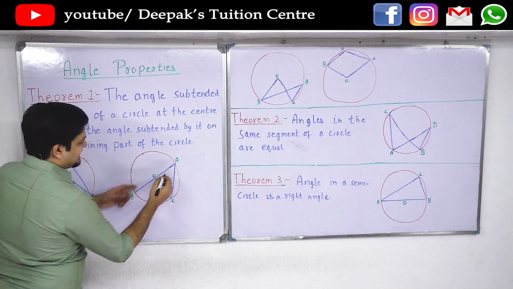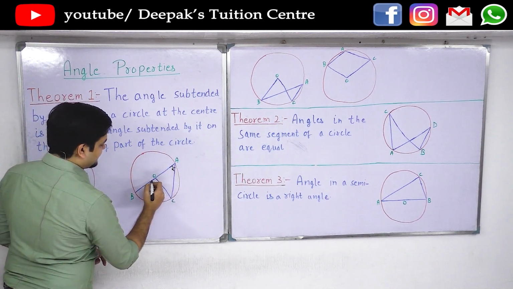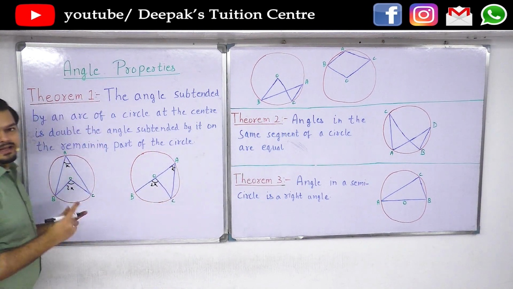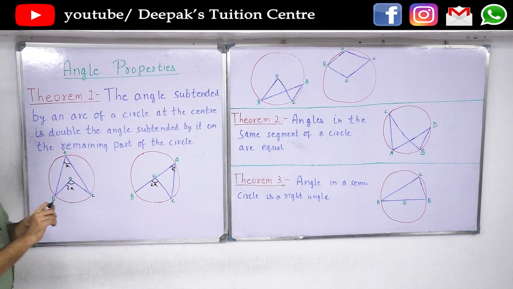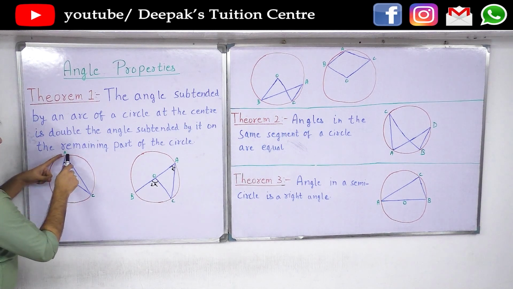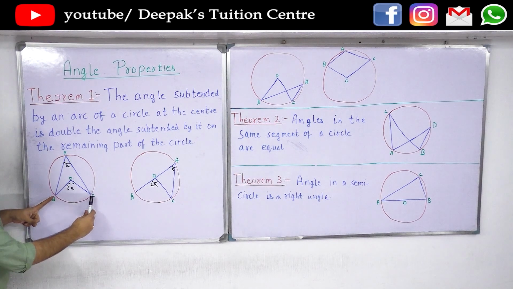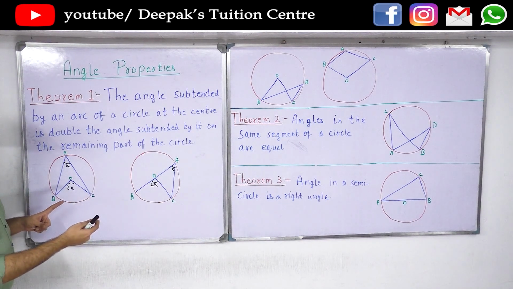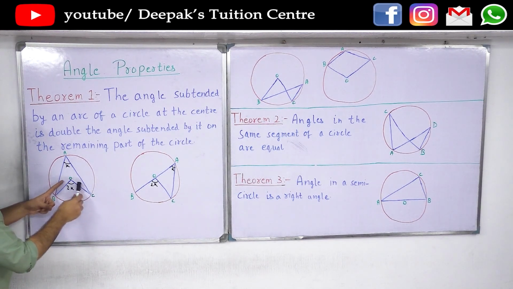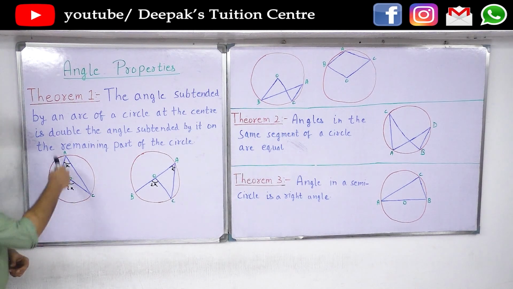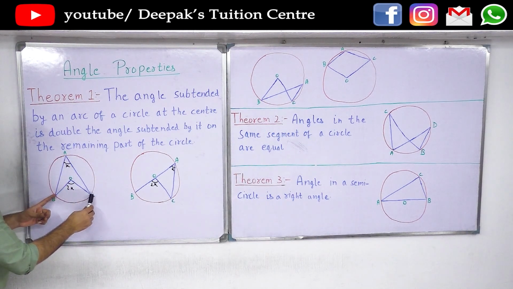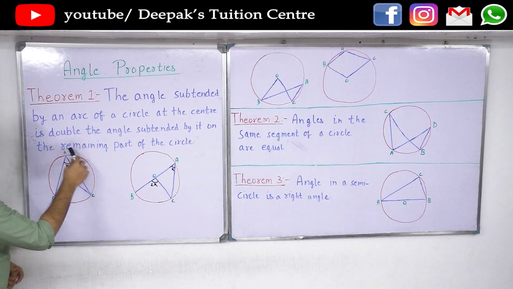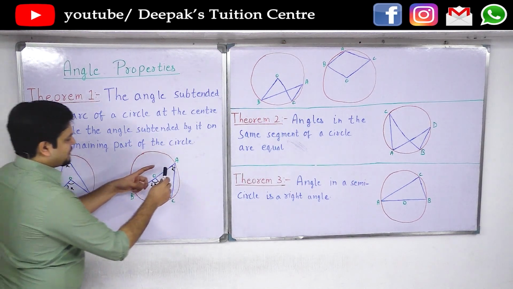Similarly, here you can see that if this is x, this is 2x. The best way to remember is to use your fingers or pens. So I use it like this. If I am focusing on this angle x, I can see that it is made using 2 points, B and C. And if there is another angle subtended by the arc BC from this point, then I can see that this angle will be double the first angle. Therefore, angle BOC will be double the angle BAC. Same thing you can see here.